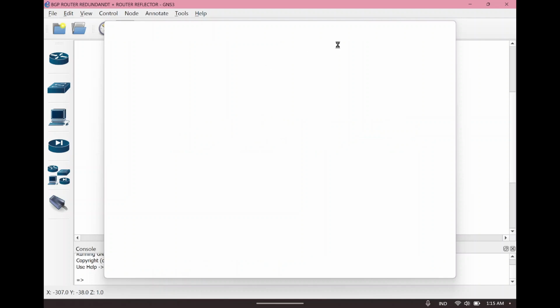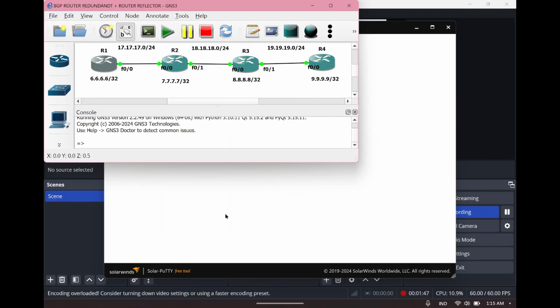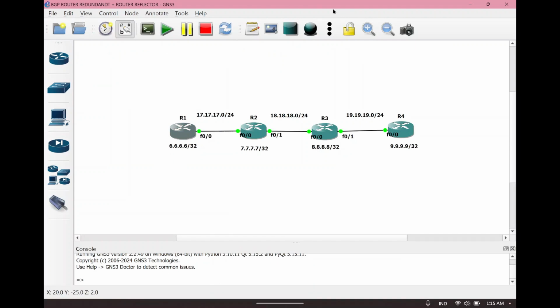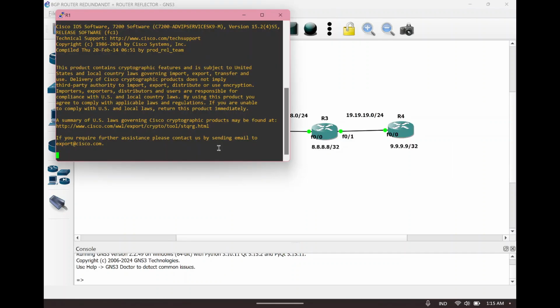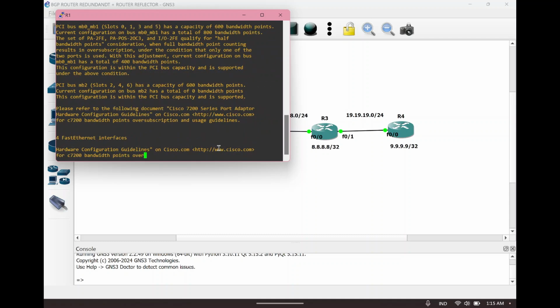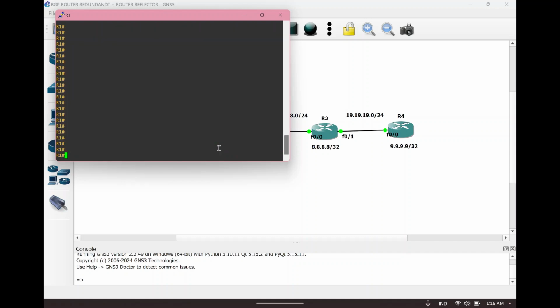So this is, I'm sorry for my mistake. We can wait until the terminal is ready, so we can click enter until we find the terminal for configuration like this.